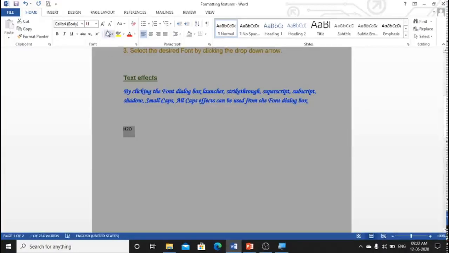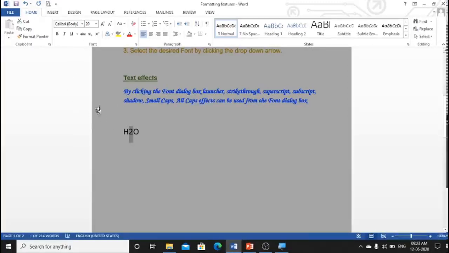Okay, I'll increase the size a little bit so that you can watch it clearly. Now in this formula, I want to bring the 2 below the baseline because it doesn't look like a formula right now. It's on the same baseline. H2 and O are on the same baseline. Only this 2 needs to go below the baseline.